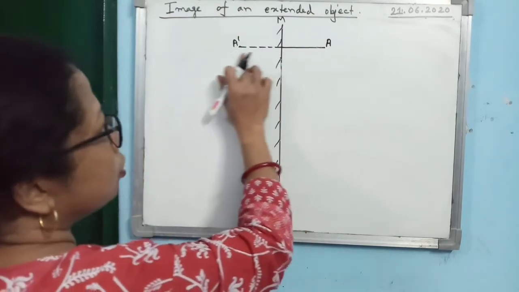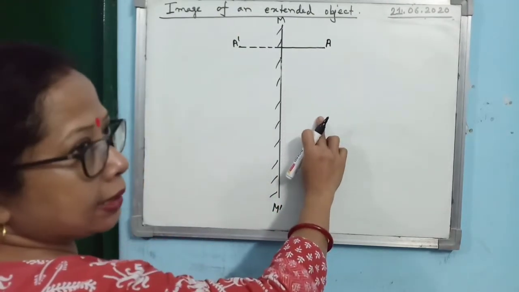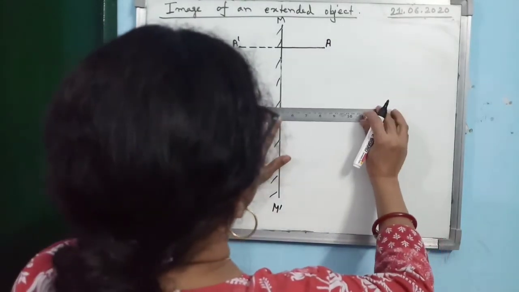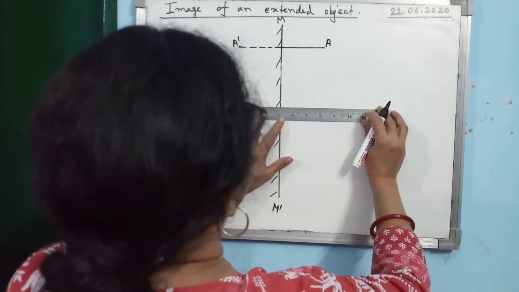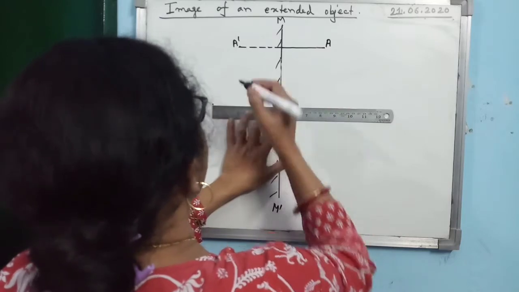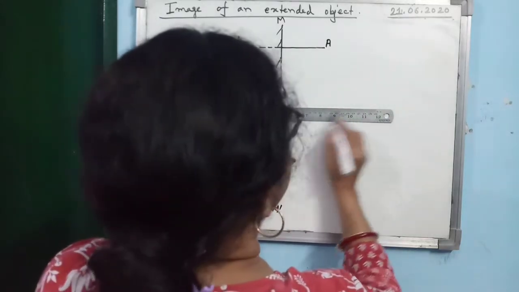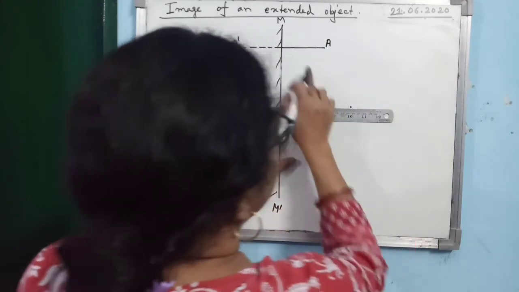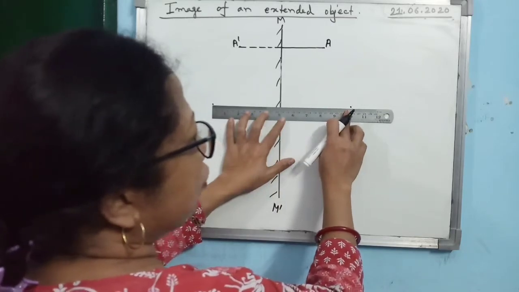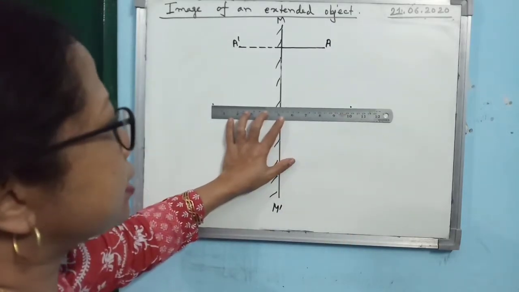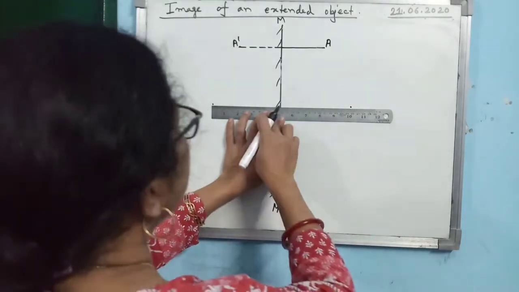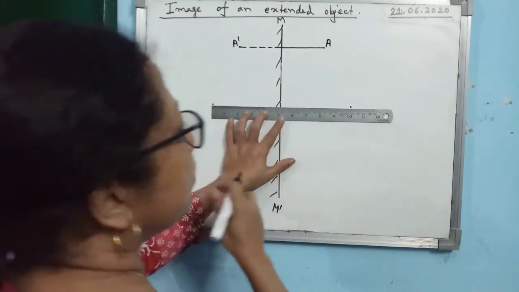So suppose you have drawn through one line, then you skip 3-4 lines. Then again on another ruled line, you hold your scale and you mark 2 points at a distance, suppose 8 centimeter. What I said, this one you have taken at a distance of 5 centimeter, then you can take a distance of 8 centimeter. It is not necessary that you take 5 and 8, but you take care that the distance in front of the mirror and behind the mirror should be the same.